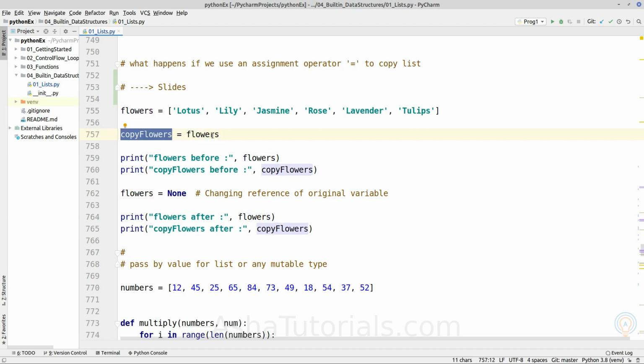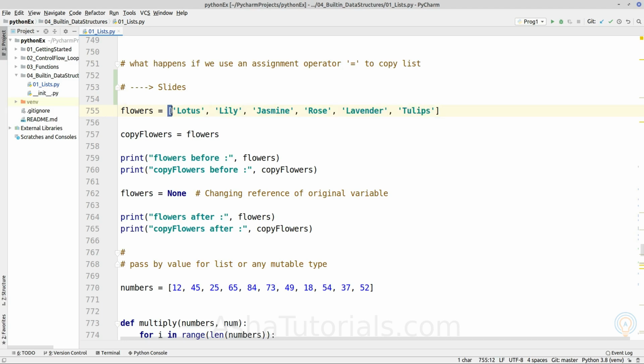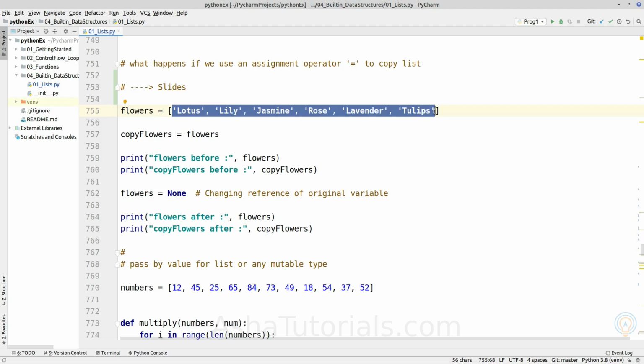It will only copy the reference to this list object. Earlier, shallow copy was creating a new list object and copying the memory addresses of the elements inside it, and deep copy creates the new list and creates the copy of elements also.